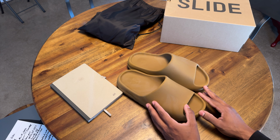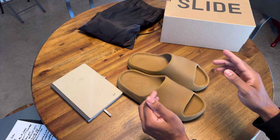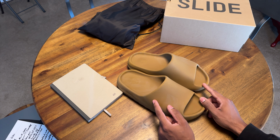Now, that's really all I have to say about this slide, right? The Adidas Yeezy slide. I want to talk about the V2s. Well, not even the V2s. No, you wouldn't even call those V2s, would you? Anyway,